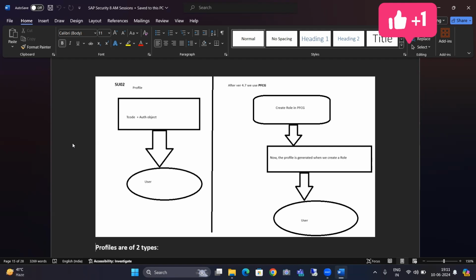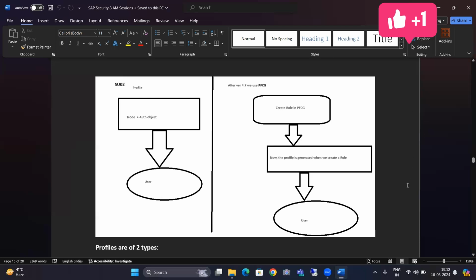जब उसमें profile generate करने के लिए बटन होती है, जब हम वो करते हैं, तो वो उस template से सारे T-code और auth objects की values pick कर लेता है, और पूरे program में जो profile की programming है, उसमें automatically add कर देता है। So we create or modify a role and then generate its profile. बेसिकली जो coding थी उसको उसने automate कर दिया, हमें coding part नहीं करना।